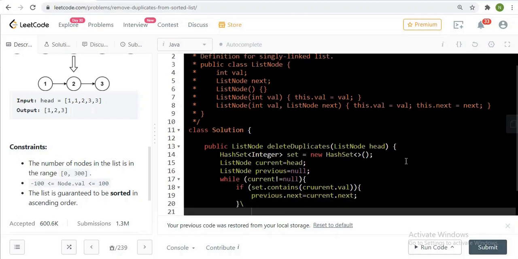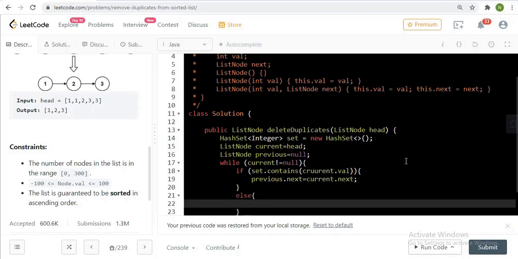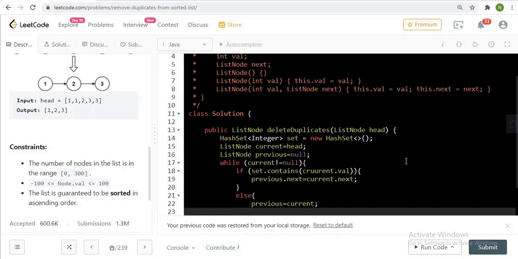But if it is not, then mention the else condition, which is previous is equals to current, and store the current value to the set for the future reference. So set dot add current dot val.